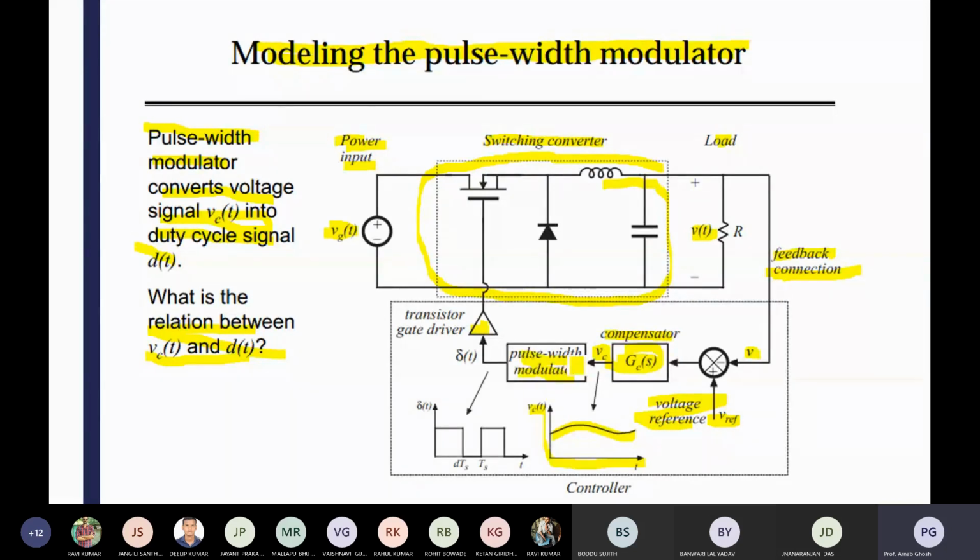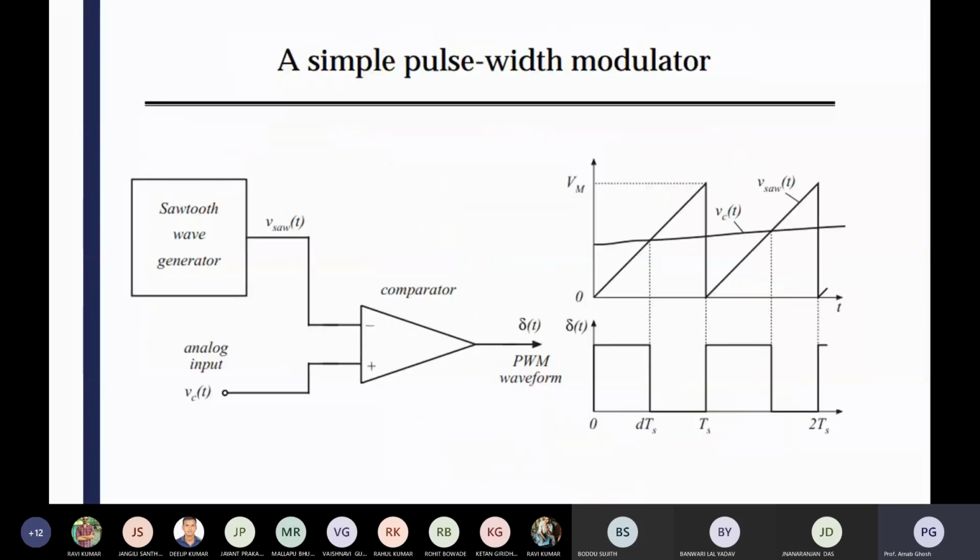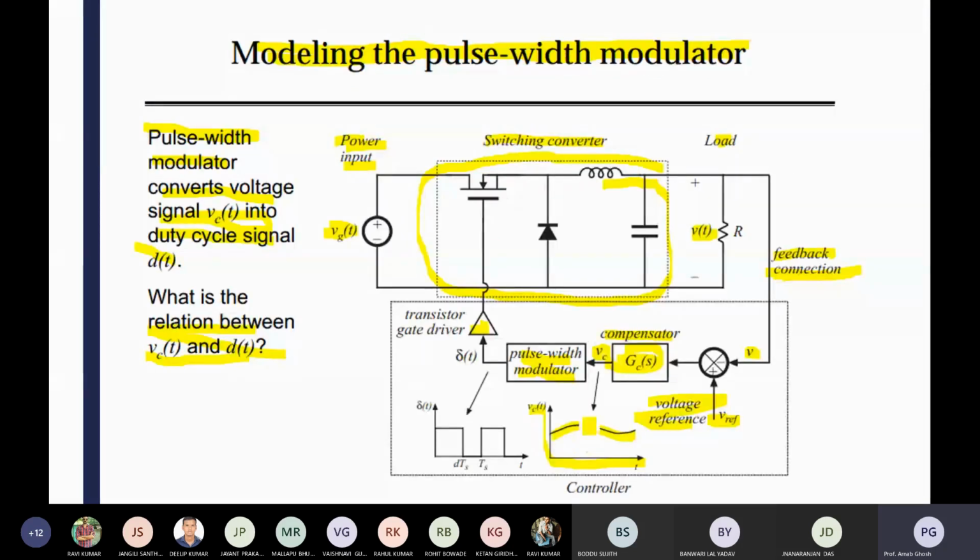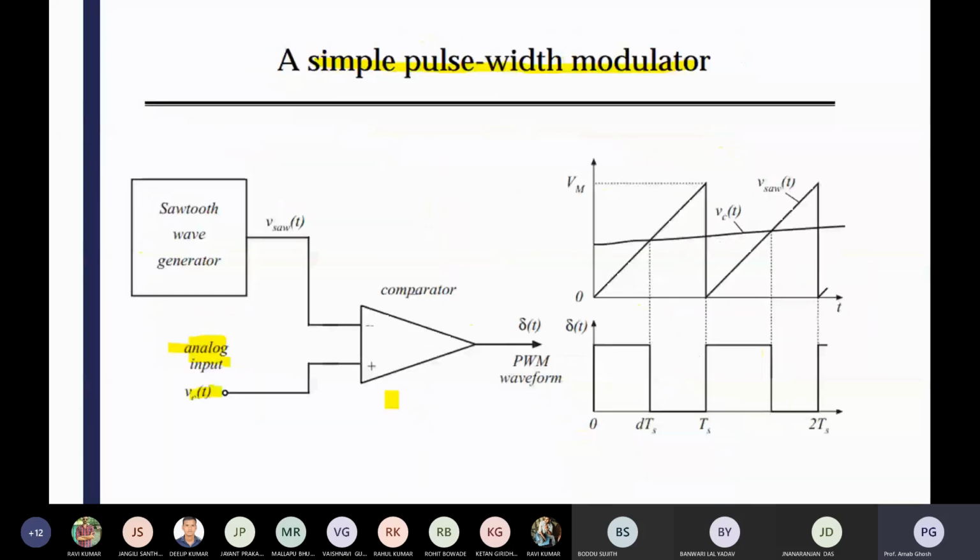Now your pulse width modulator is there. A pulse width modulator means it's a comparator. Comparator of what? Here you can see how the pulse width modulator looks. The analog input vc is coming from here, and vc looks like a slow variation. So vc is there, and a sawtooth waveform. For voltage mode control, you are directly giving the sawtooth waveform like that. So it is your vc, and it is your sawtooth waveform. The sawtooth waveform may be triangular or sawtooth, and it comes from a function generator, for voltage mode control.